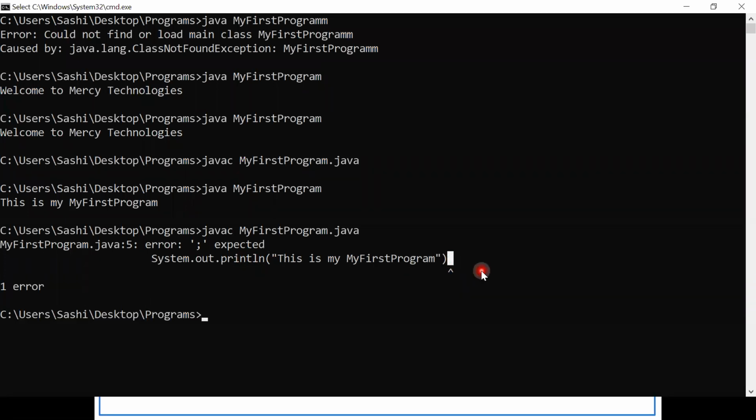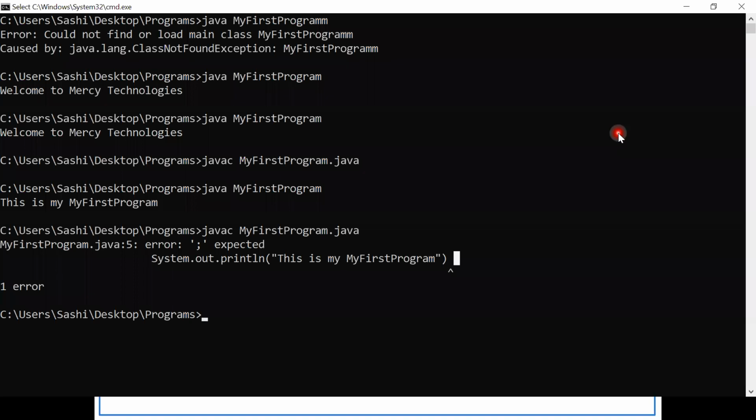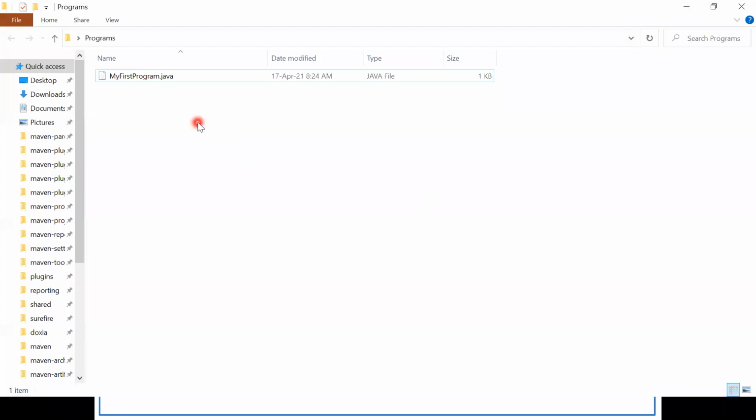Line number 5, just go again to the program here. It's clearly telling semicolon is missing. It is so user friendly, right? And also just observe the directory here. Dot class file is not created. Why is dot class file not created? Because there is a compilation error.